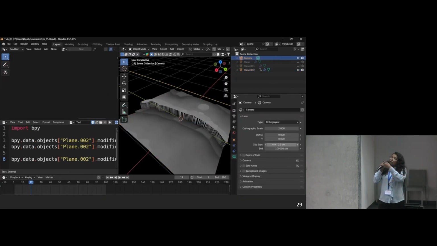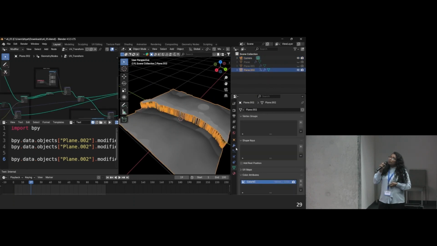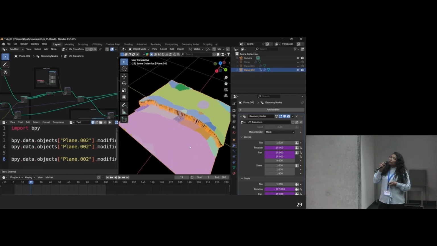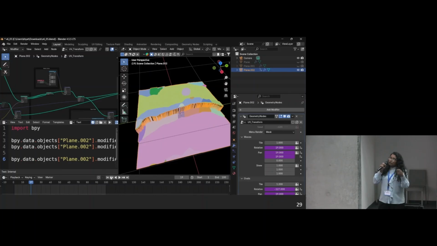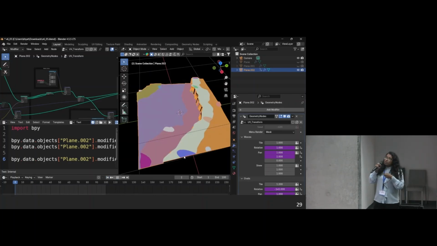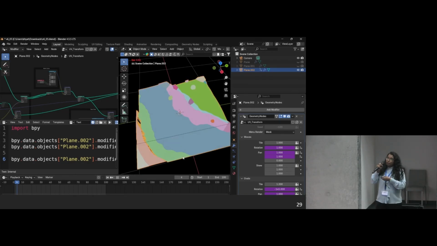So here also an orthographic camera is there. And here you can change whether you want the mask or friction image. So basically I'm creating all three images here. The same concept is applied for different animations.